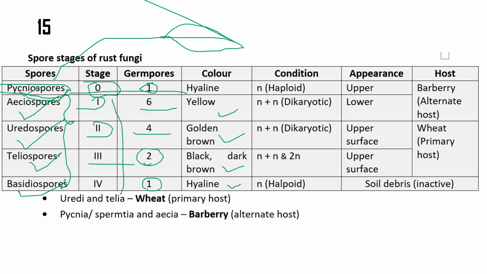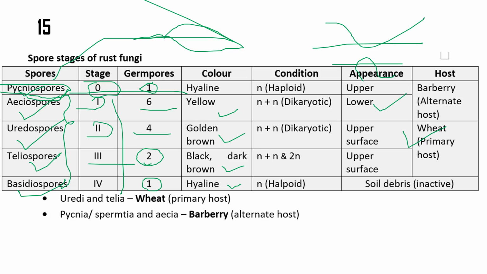in the leaf of barberry. Barberry is the alternate host, right? So pycnospores generally happen on the upper surface, whereas exactly on the corresponding lower surface, the aeciospores will happen. The urediospores happen on the upper surface, and the teliospores are also side by side. When the crop matures, fewer urediospores are produced and more teliospores are produced. These urediospores and teliospores are produced on the primary host, that is wheat. The remaining two stages, pycnospores and aeciospores, happen in the barberry.